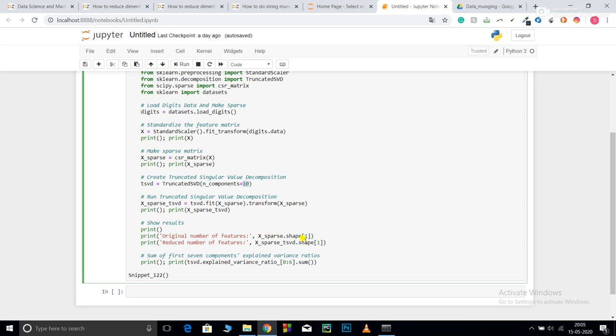After that, X_sparse.shape[1], which is the shape of the sparse matrix, and X_sparse_tsvd.shape[1], which is the shape of the truncated matrix. In the last line, I'm summing up all the variance ratios, that is, I'm checking the final variance in my truncated data set.